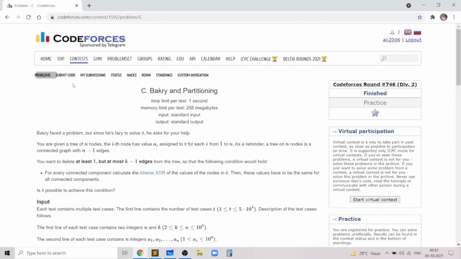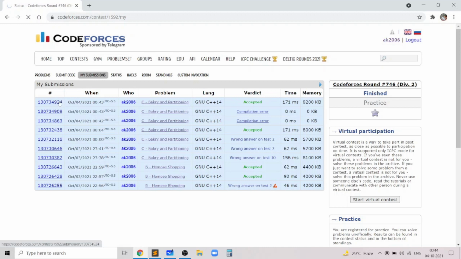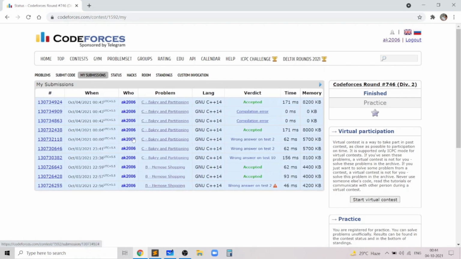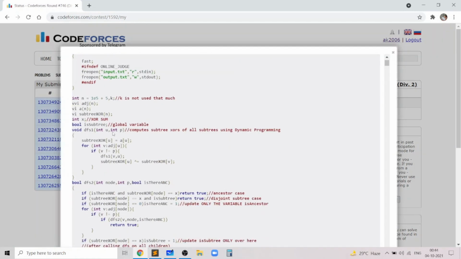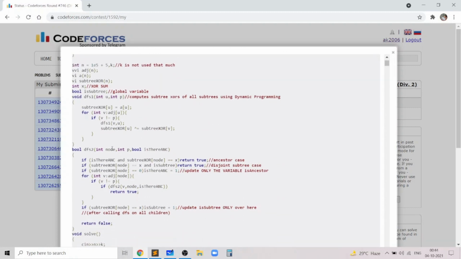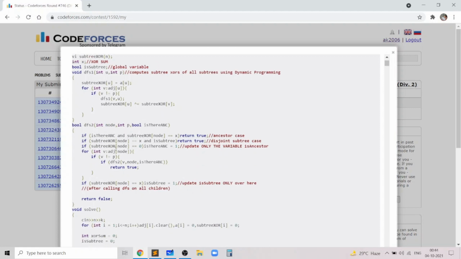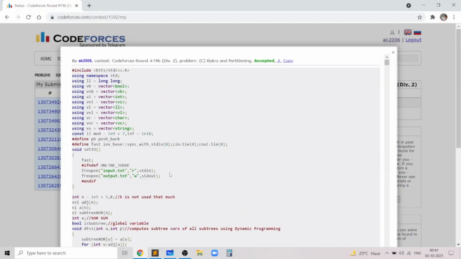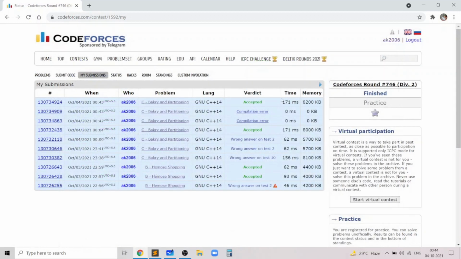Now I'll just submit this code to see that it gets accepted. So as you could see, my code got accepted. It gave a few compilation errors, mainly because I had initially used the variables rec instead of x, and I had used the variable u instead of node in the second step for search, but otherwise the main part of the logic remains the same and it easily gets accepted in 171 milliseconds.